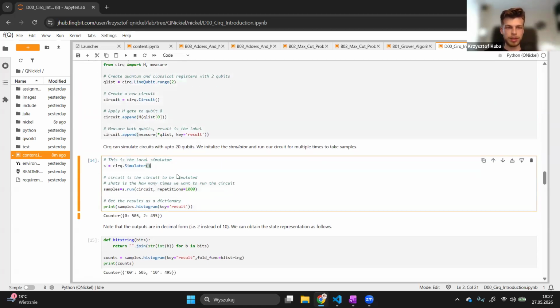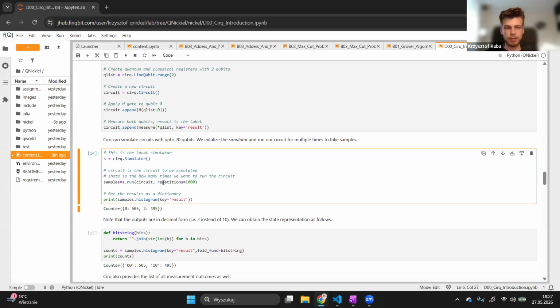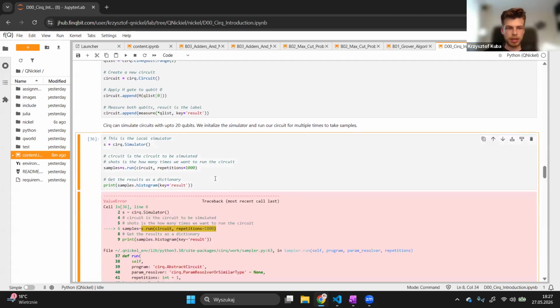So here you can execute the program, your quantum circuit, with the Cirq simulator, and then run the simulation with some number of repetitions and obtain the samples, and then create the